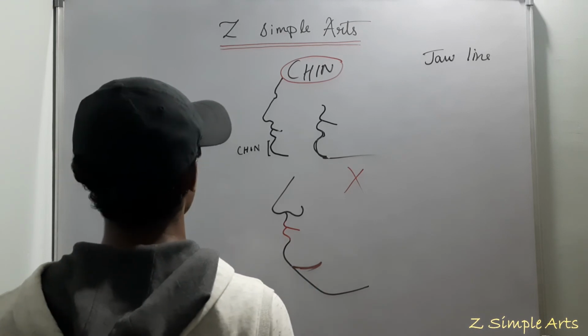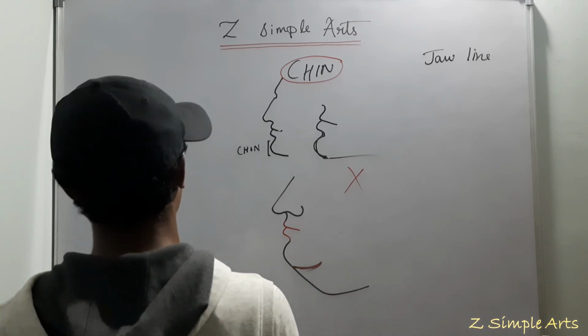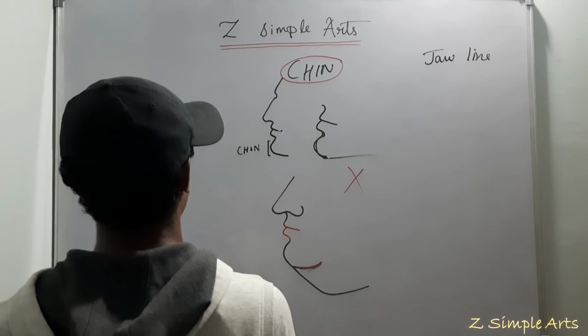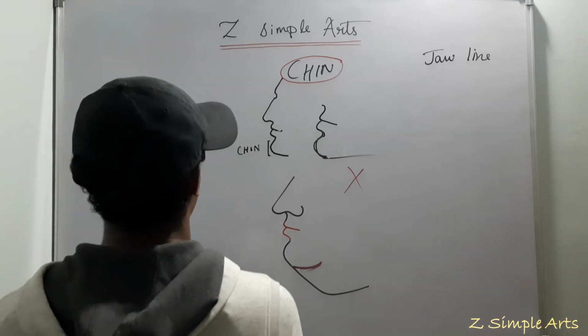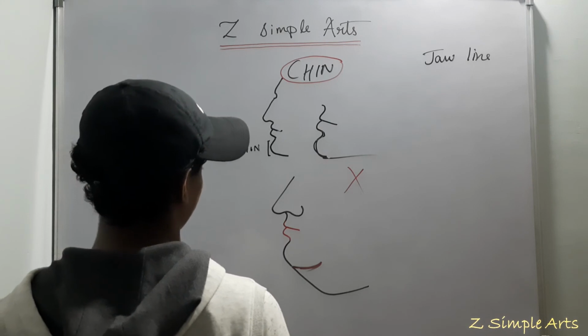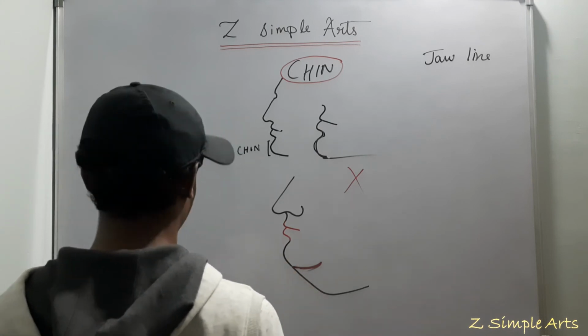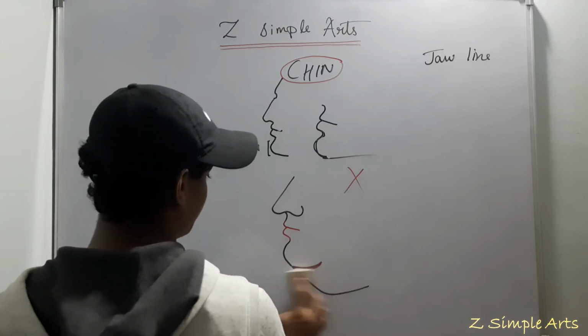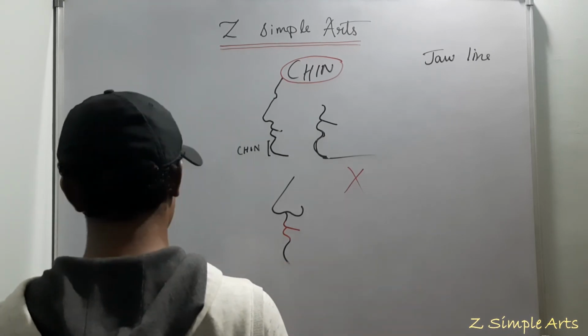This double chin is formed when you press your face against your palm and pull your neck back, and it's also seen in middle-aged people, but it need not be seen in your art. So instead of that, what you need to do here is,